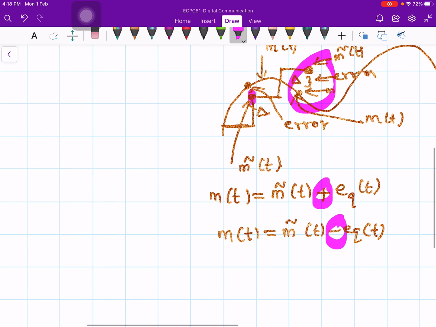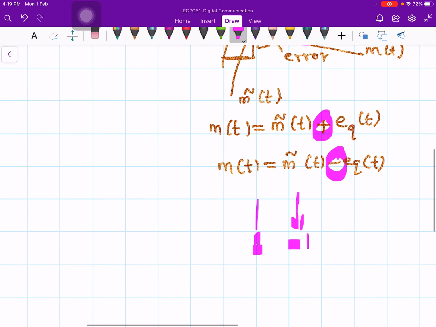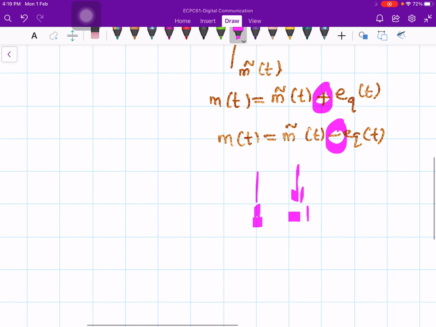Now remember, what does this delta modulator do? Effectively, the delta modulator gives us a sequence of binary pulses. If you are increasing, then you are getting 1. If you are decreasing, you are getting -1, a sequence of binary pulses, or 1 and 0. From these binary pulses you can generate a staircase approximation of m of t. So this m tilde of t is nothing but the staircase approximation of m of t, and m of t is your original input signal.